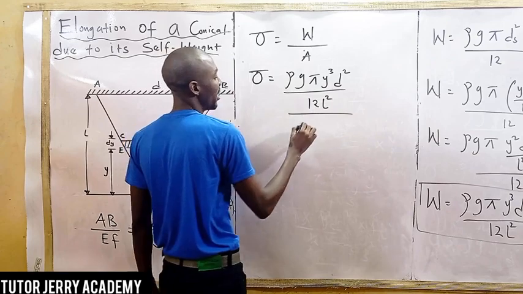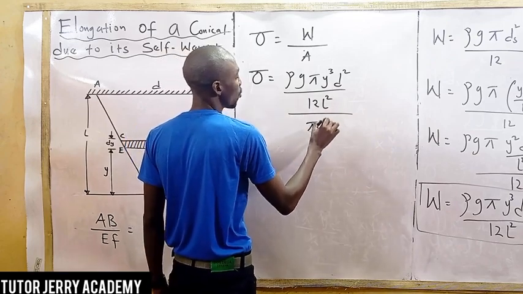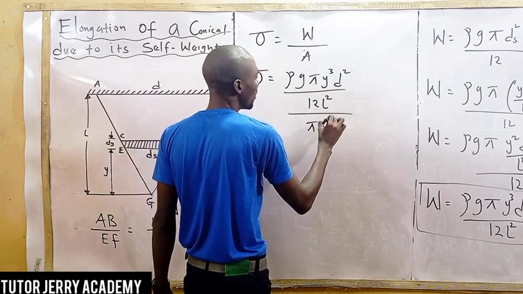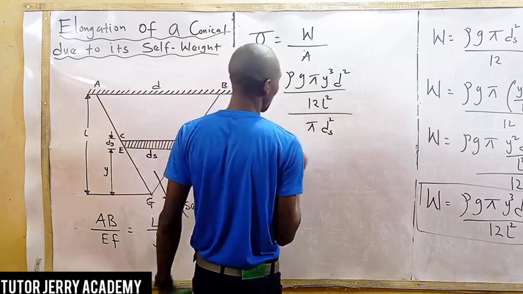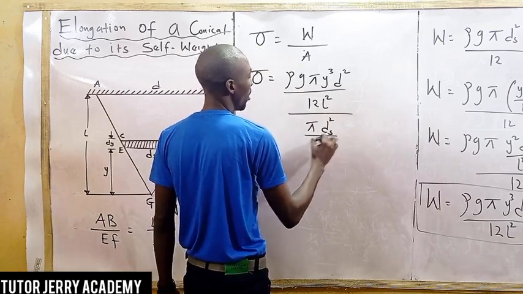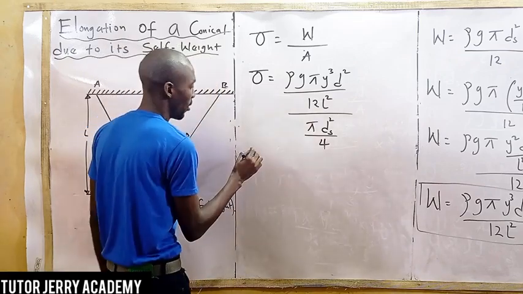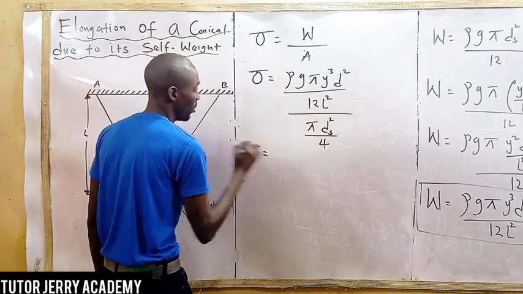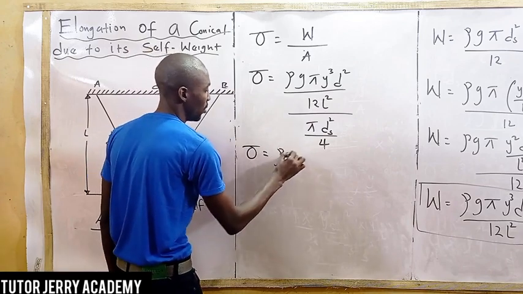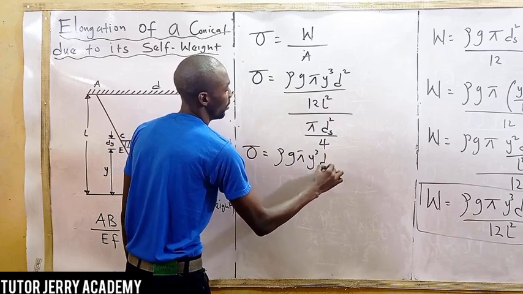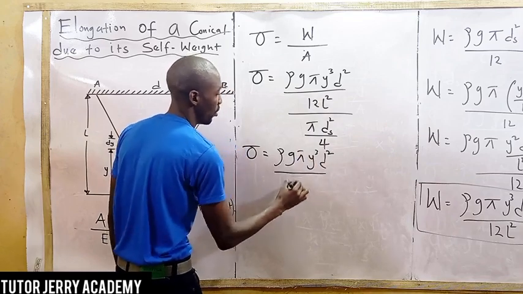Our area is pi D squared over 4, but we write D in the form of S, because we are considering the stress in the differential element. So by the time we do this, we are going to have our stress equals density, gravity, pi, y cubed D squared over